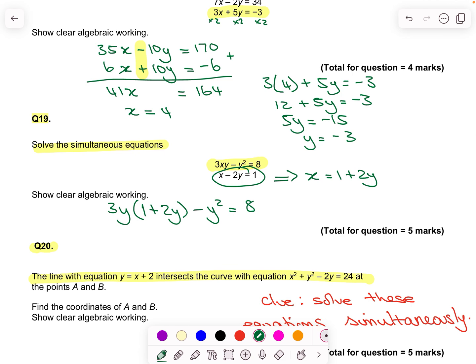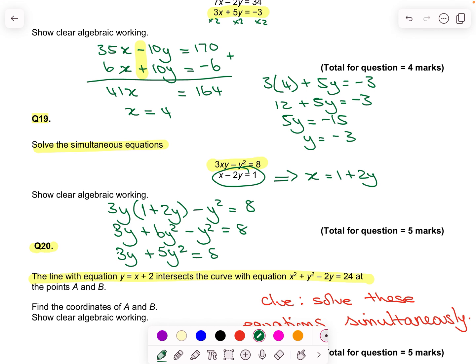So let's go. Multiply out the brackets, so expand: 3y plus 6y squared minus y squared equals 8. Tidy up, and I have 3y plus 5y squared